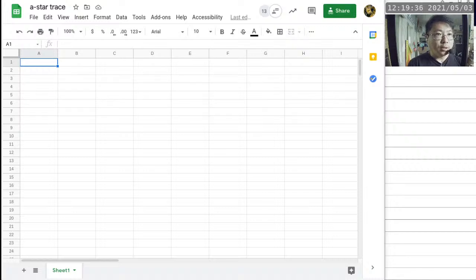So in this case, lowercase s is our start vertex. So A star only works with one single start vertex. There might be ways to create the illusion that we have multiple start vertices. To be more exact, we can have edges that have a zero distance from one single start vertex to a whole bunch of other vertices. I have not really looked into whether that will actually simulate the case of having multiple start vertices, but